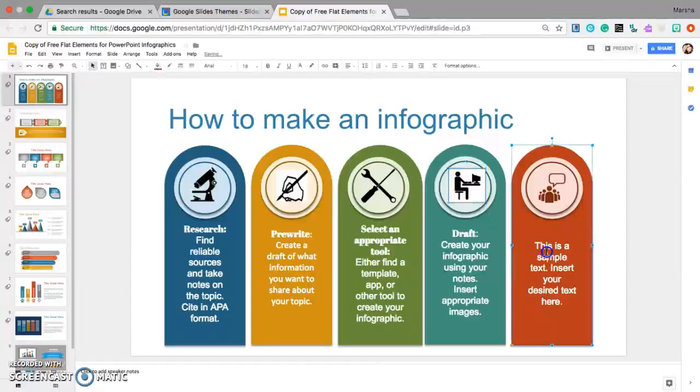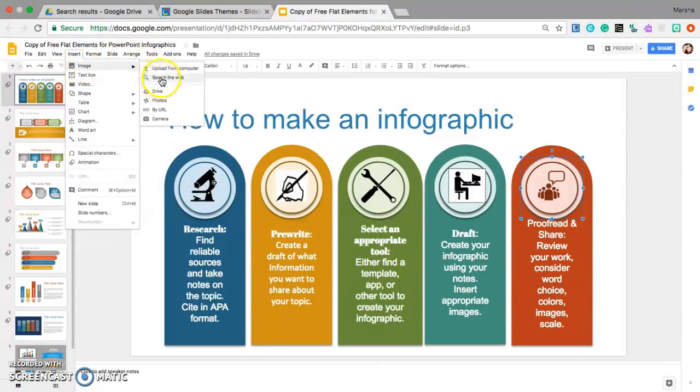Okay. The last step of creating your infographic is to proofread and share, because nobody is worse at proofreading than me. So I always include sharing with proofreading because I need somebody else's opinion. So at this point, review your work, consider word choice, colors, images, scale, like the size. And I actually kind of like that, so I'm going to leave it. I wish it was in black though, so I might actually search